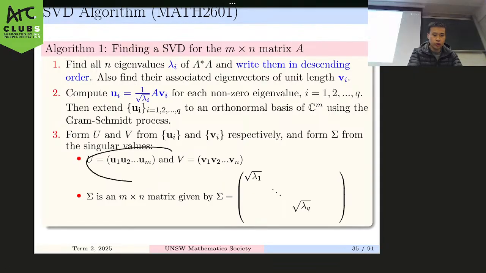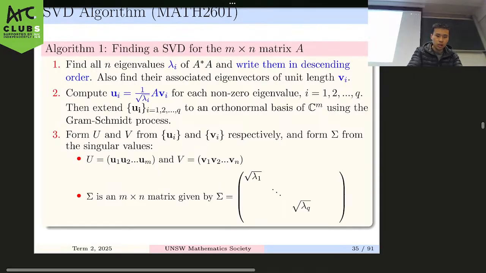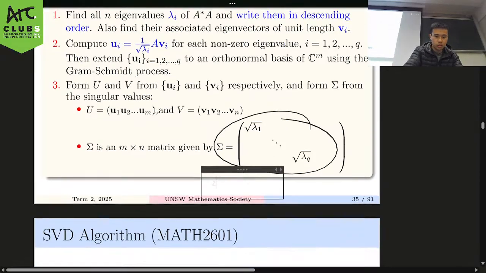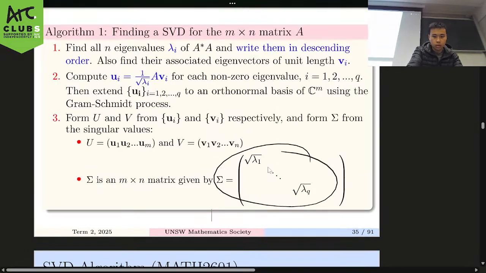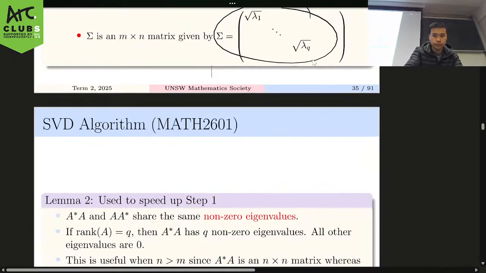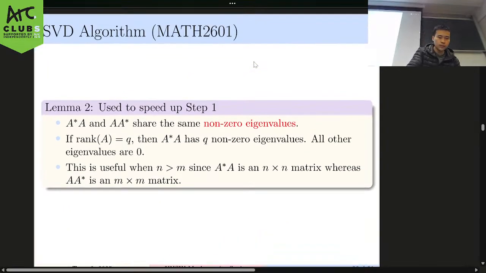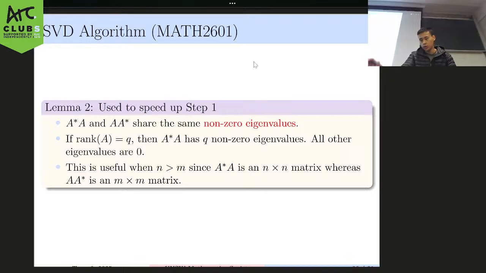And yeah, you form those vectors like u and v. But then this one here again is kind of simple, just the square root of the eigenvalues. That's kind of 3. Okay, for speed up step 1, so A star A and A A star have the same non-zero eigenvalues